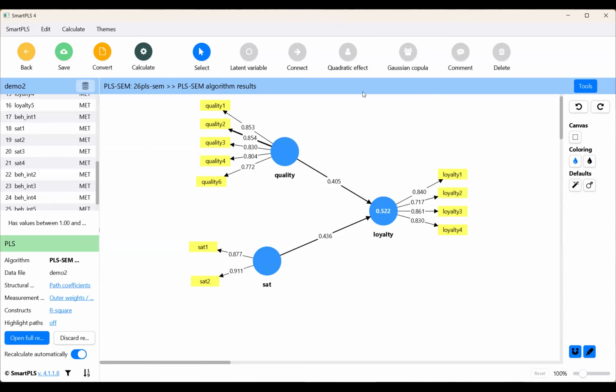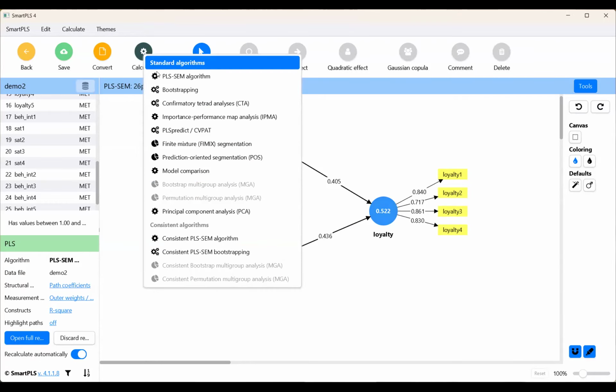Okay. So the next point is about our measurement model. And next, we have to check the significance of loadings and path coefficients. This is called the path coefficient. 0.43 is our effect size, or this is our R square value. Now you have to go for the bootstrapping. Click here